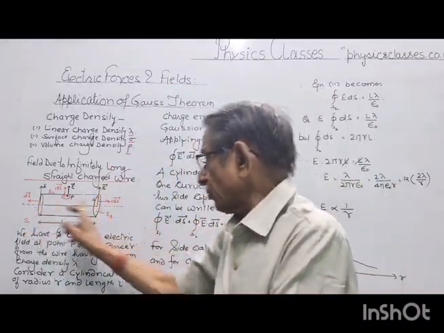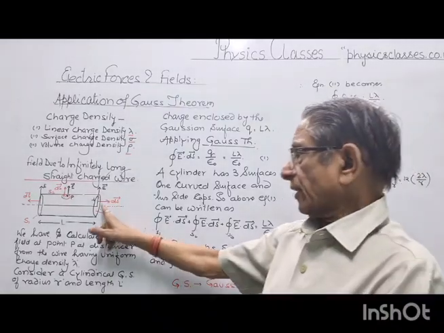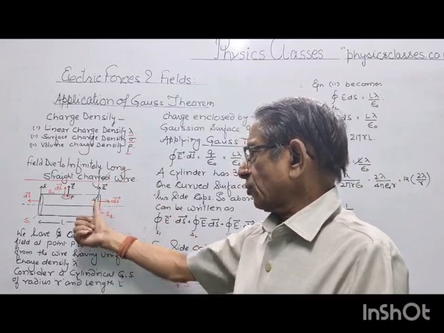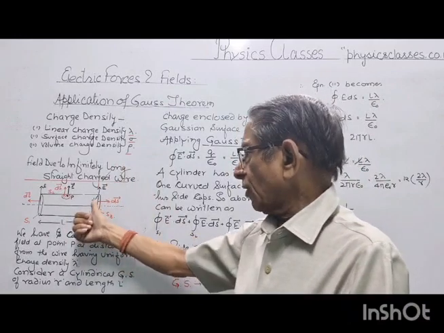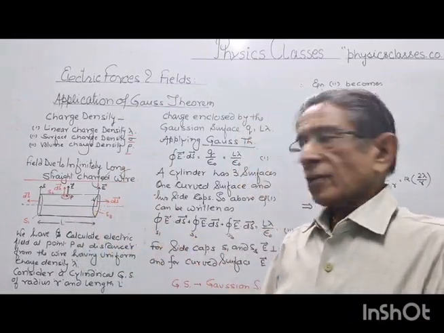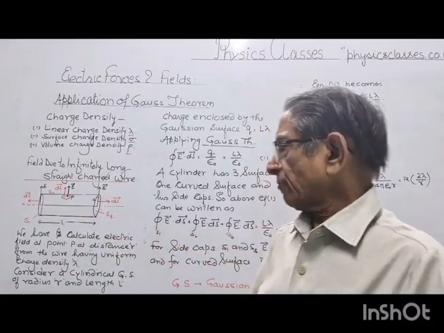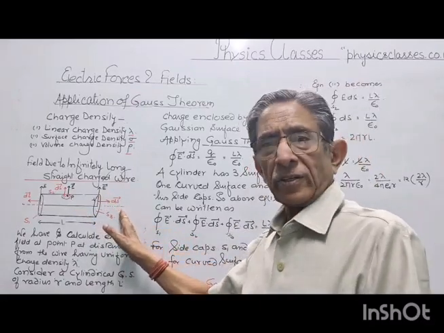But if you see on the side caps, the electric field is radially outward and the area vector is normal to the surface, that is along the length of the wire. Electric field and area vector will be perpendicular to each other. That's why theta will be 90. So remember